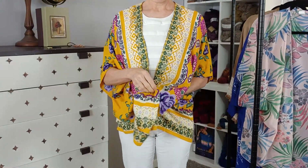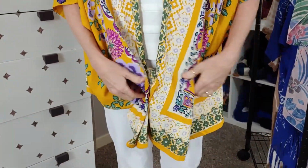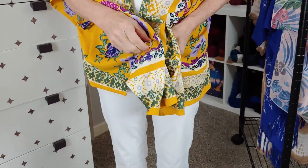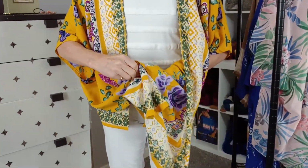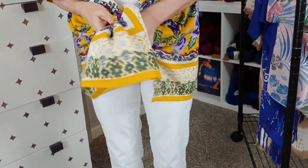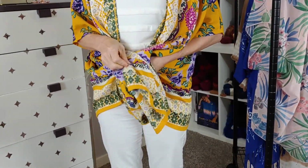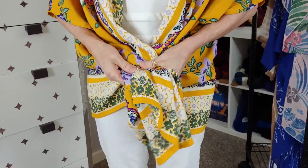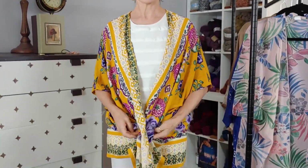Now, this kimono it works great with because this kimono is a little more heavy. The magnet could actually be too heavy for some lightweight cardigans, and you have to figure out where to put it so that it all hangs together. So let's see. I put it like this, put it at the very back, and try to get all the pieces up together. This is a pretty hefty magnet, so it just depends on how thick your kimono is, but that could be a nice option. Now, if you have a thinner kimono,